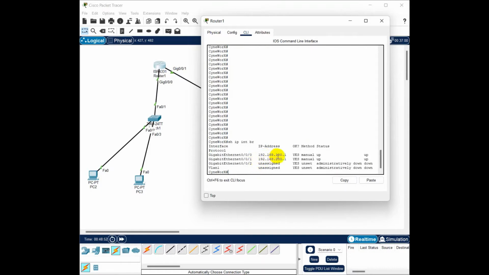Okay, so 192.168.100.1 is up, 192.168.200.1 is up. Okay, now let's go back to the